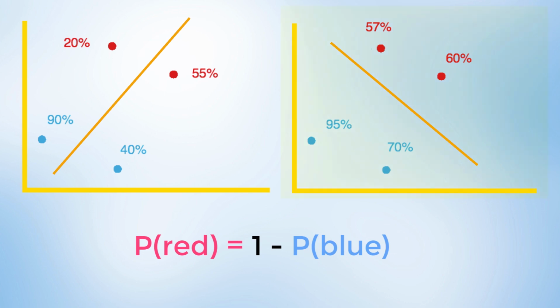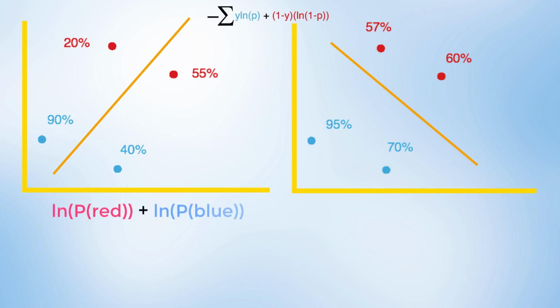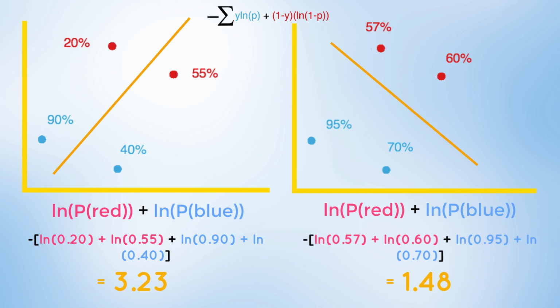However, the second diagram once again makes a lot more sense. All the red points are more likely to be red, all the blue points are more likely to be blue. Every point corresponds to its respective label. And now to compute the cross-entropy value, we take the summation of the logarithm of each probability. In doing so, we've proven our original hypothesis, such that the linear model, which better classifies our points, results in a low cross-entropy value and a small error value, and the model that incorrectly classifies its points has a large